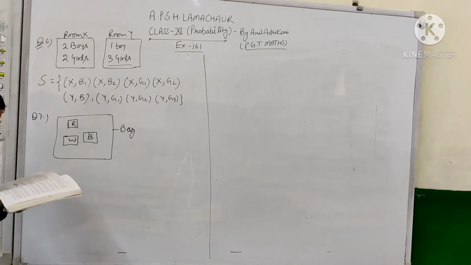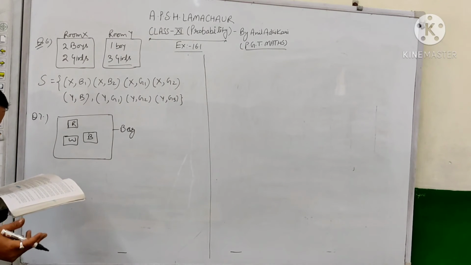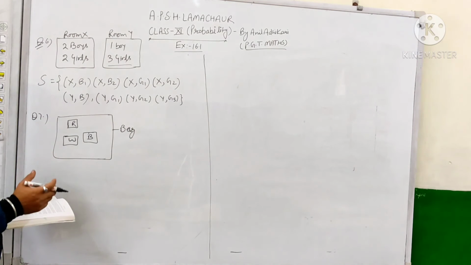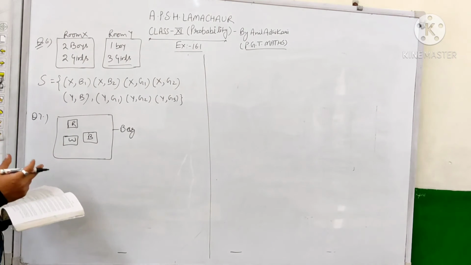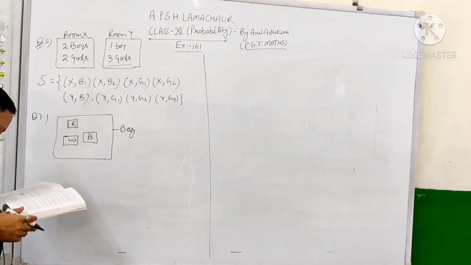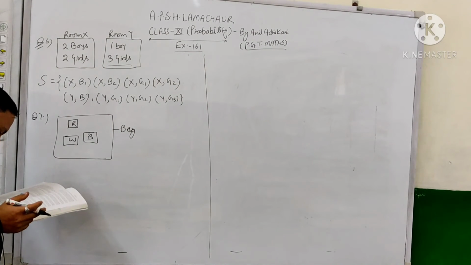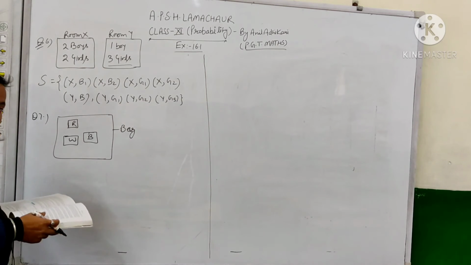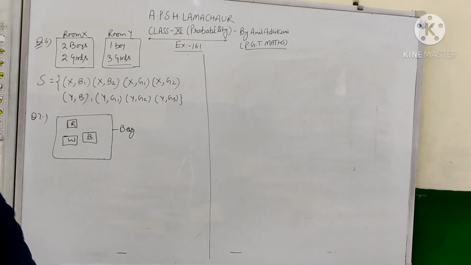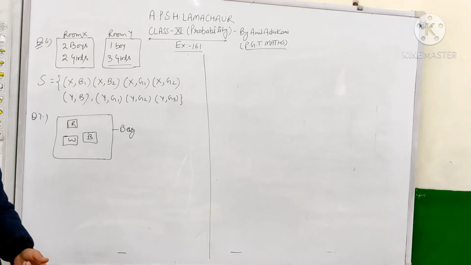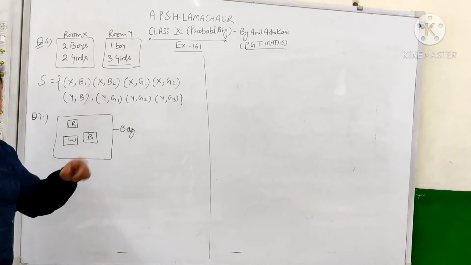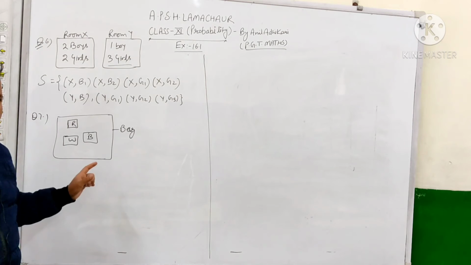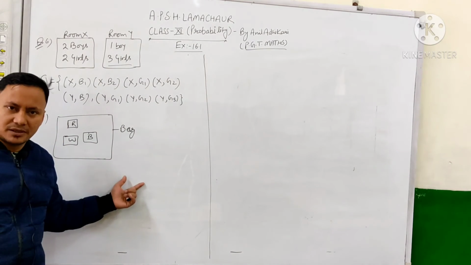Now one die is selected at random and rolled. Out of the given 3 dice, we have to select one die and then roll it. So we randomly select a die and then roll it. Its color and the number on its uppermost face are noted. Describe the sample space for it. So what is going on here? First we are selecting a die out of these 3 dice, then noting its color as well as the number coming on the front face of this die. So what are the possibilities for this particular experiment?